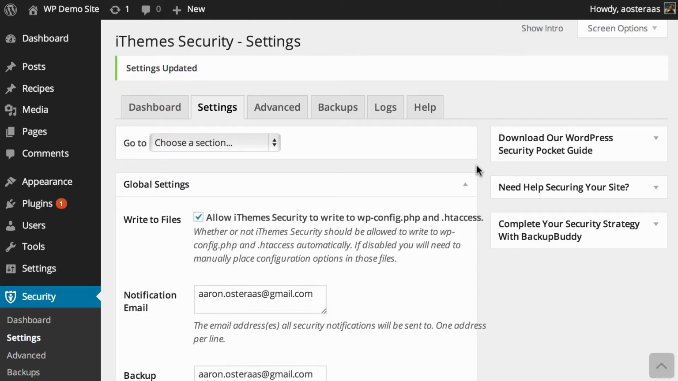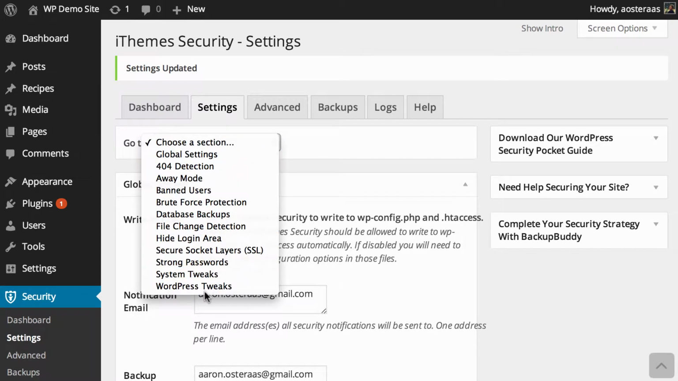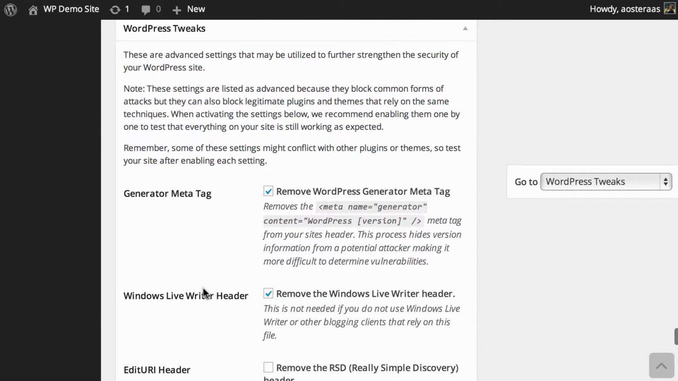In this video, we're going to take you through the WordPress tweaks in iThemes Security. We're already in the WordPress dashboard looking at iThemes Security settings. So from here, we just need to go down to the bottom to where WordPress Tweaks start and we can